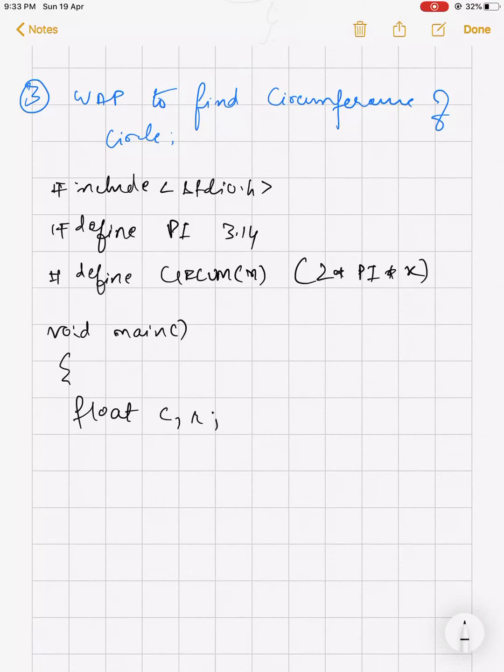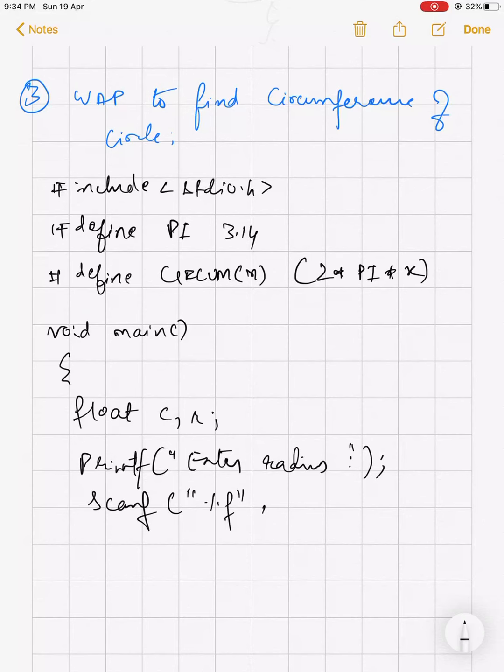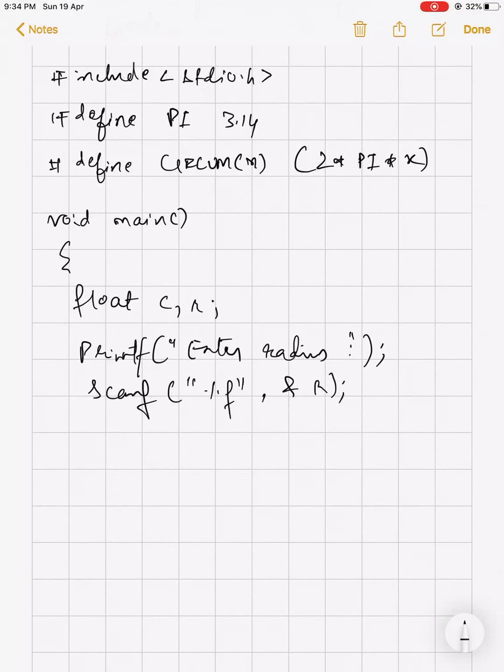After that printf enter radius. Then scanf %f, &r. Okay, clear? So c is equal to